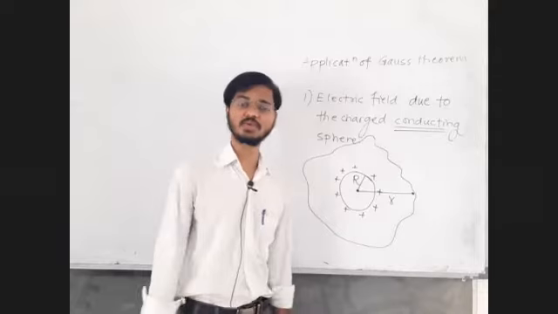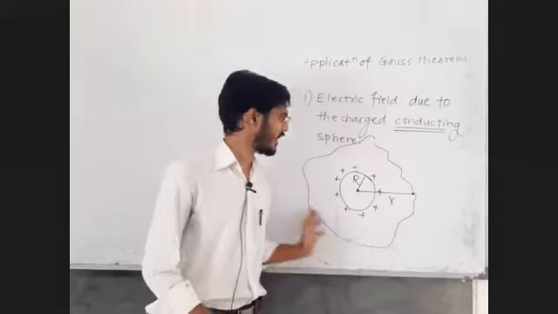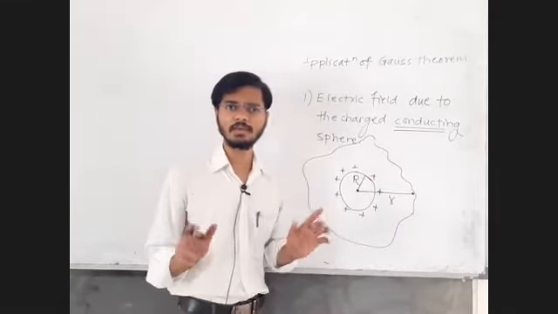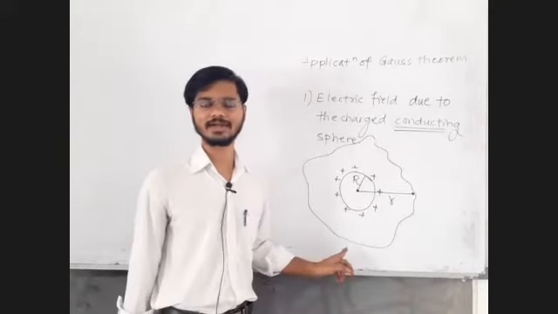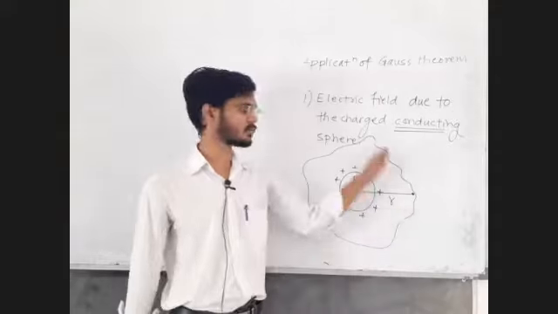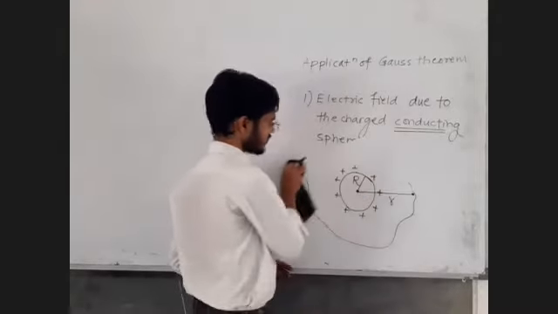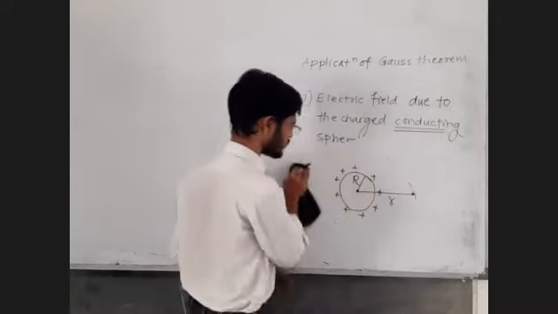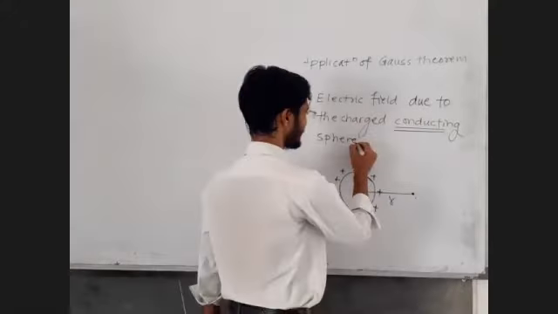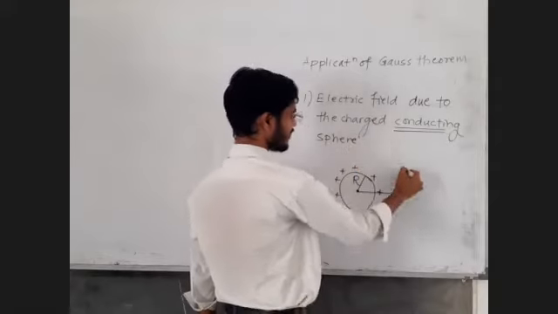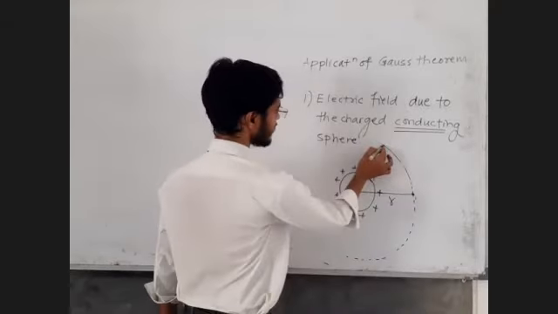Even though it allows you to draw any random closed surface, will you be able to do mathematics for that random surface? Do you have equations for that random surface, for that curve? No, we don't have. So we will take one particular surface. We will look at our system. Our charge system is spherical. So let's have a Gaussian sphere around our system. The Gaussian sphere is to be drawn dotted because it's an imaginary sphere.